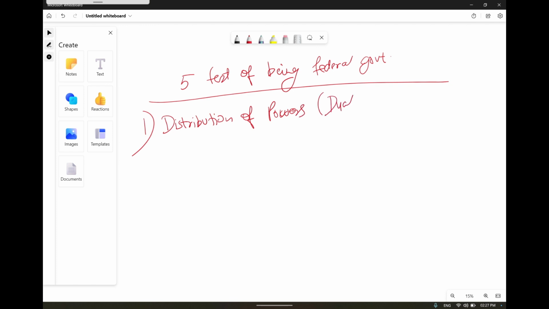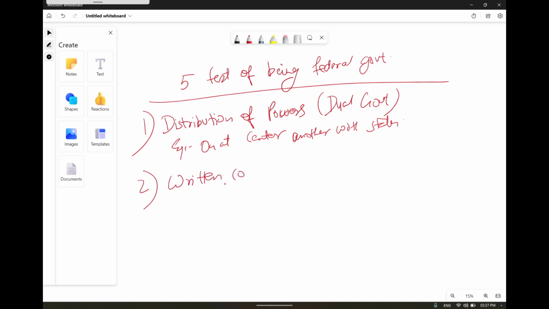So there must be a dual government. One government will be residing at the center, another government will be of the state. Okay, so for example, one at the center and another with the states. Now the second point, the constitution must be a written